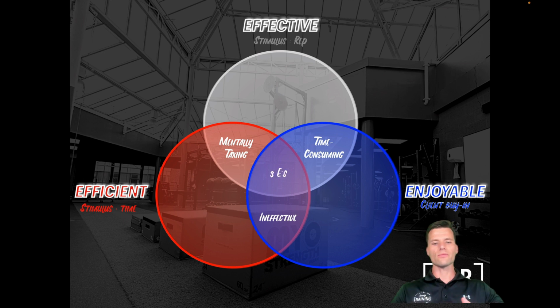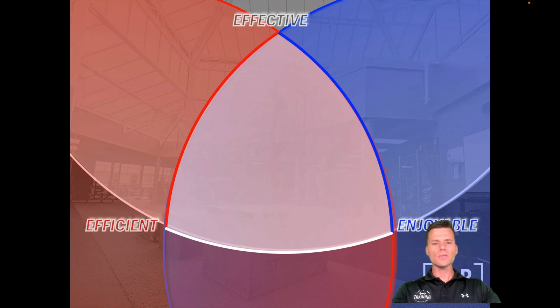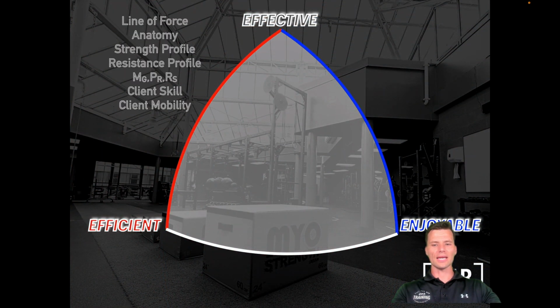But when we've got all three of these, when an exercise is effective with all the physical things we spoke about before, when it's efficient, so it's pragmatic and can be set up in the time, space, equipment, business model that you've got, but also is bought into by the client, that is a big tick when choosing exercises. So if we zoom into our kind of 3E area now, these are some of the things that we're thinking about. So in terms of when I'm selecting exercises for a client,